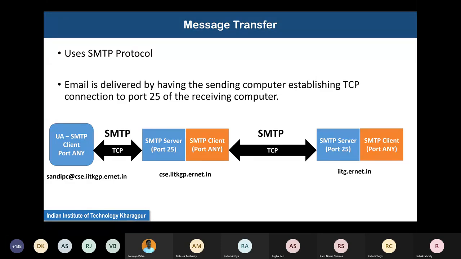Now, how does it happen? Well, the SMTP client initiates a TCP connection. Again, notice a bidirectional arrow. Whenever you find this bidirectional arrow, it means that information can proceed in both directions, and probably this connection was set up by exchanging information in both directions. So first it sets up a TCP connection to the SMTP server, which runs at port 25